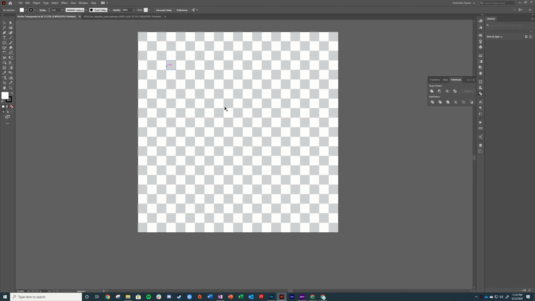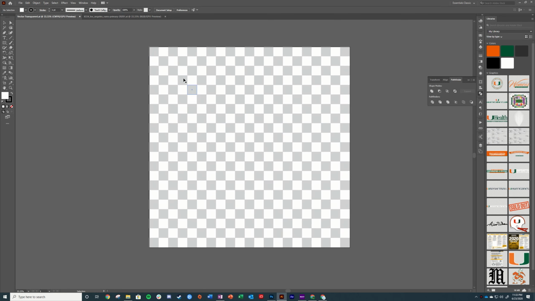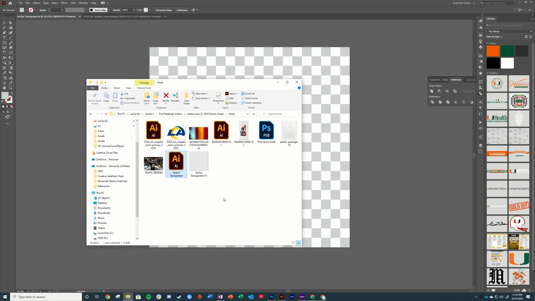I literally just made the pattern myself. And then I exported it as a PNG, 300 ppi to make sure it was high quality. So that was my own personal preference. You guys could also download it from Google or just make your own. But regardless, I'm gonna put a link in the description,